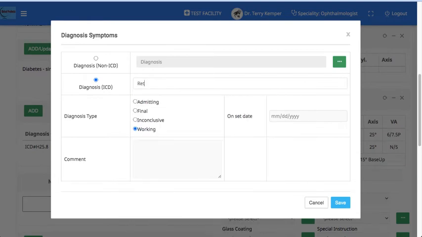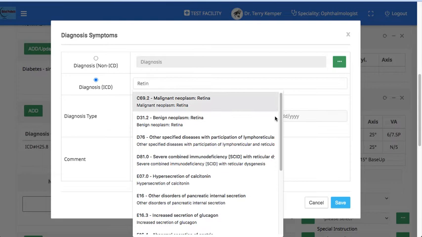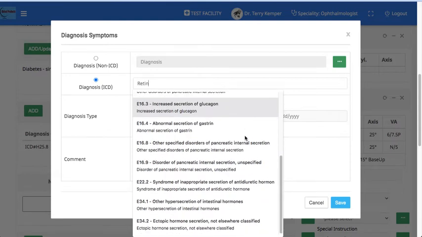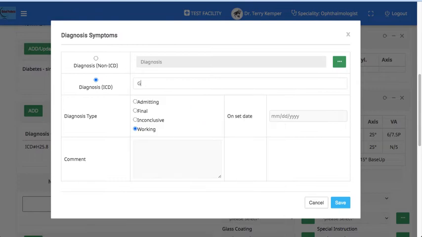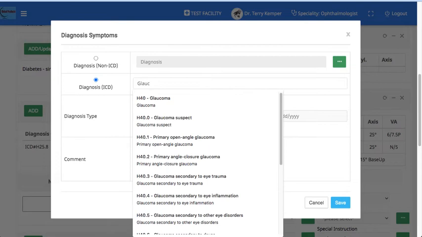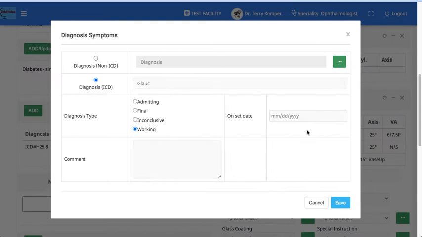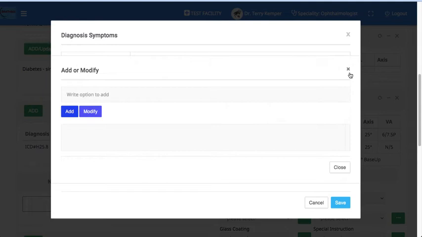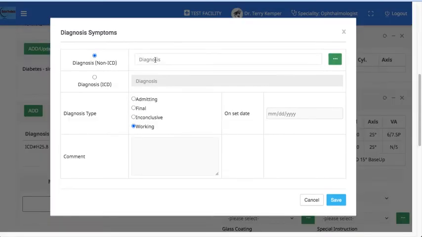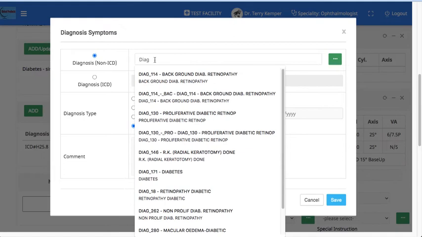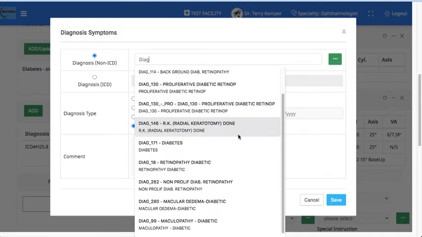Similarly, for retina, glaucoma. For a non-ICD diagnosis, a listing can be added to the masters, and it can be added to or modified, such as if you just type in the specific name.